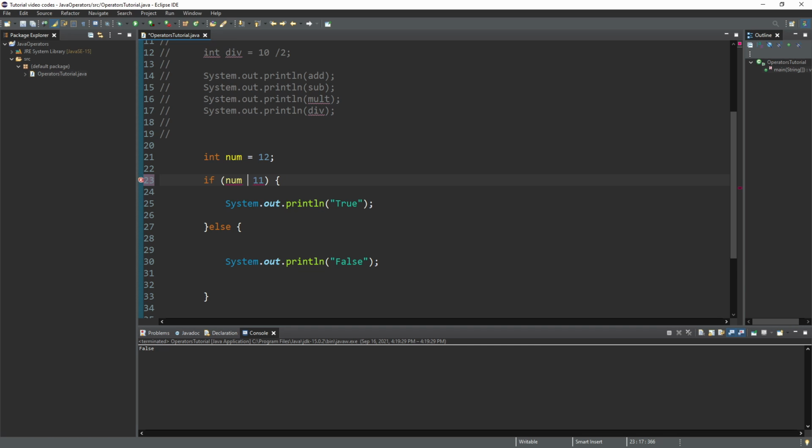So if I do that and this, this literally means if the number is exactly equal to 11 or the number is more than 9, then it's true, or it's going to be false. And of course, the number is more than 9, so it says true. So yes,